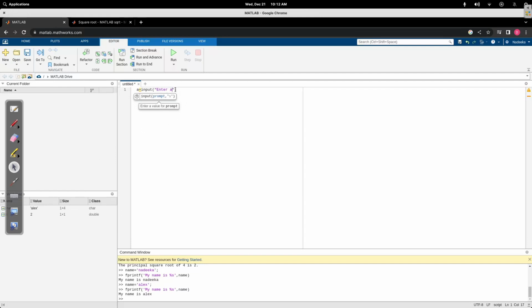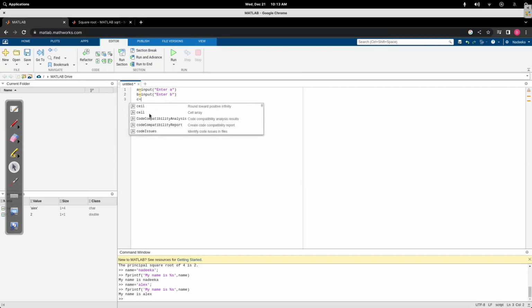Okay, for strings you can use single quotes or double quotes. Okay, and then I will say for B equals, and C equals